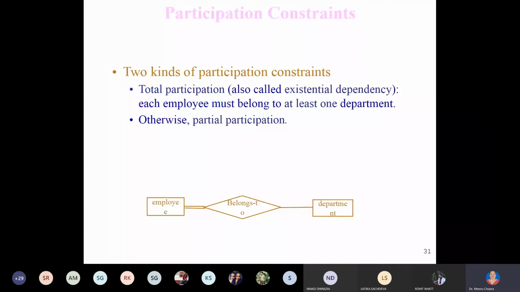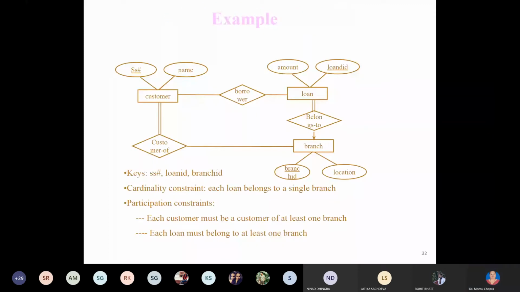So same here, for example, I think you can have this. This is your primary key. Fine. This is the notation. Keys are here: SSN hash, loan ID and branch ID. This customer has a name and the primary key. Similarly, it can borrow a loan. A loan has a loan ID, that is also a primary key, and amount is a secondary key. Fine. Similarly, loan belongs to a branch.